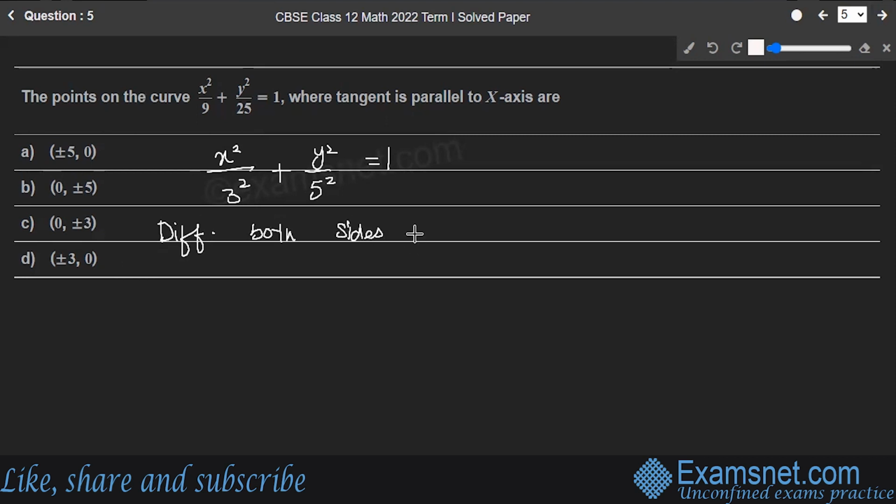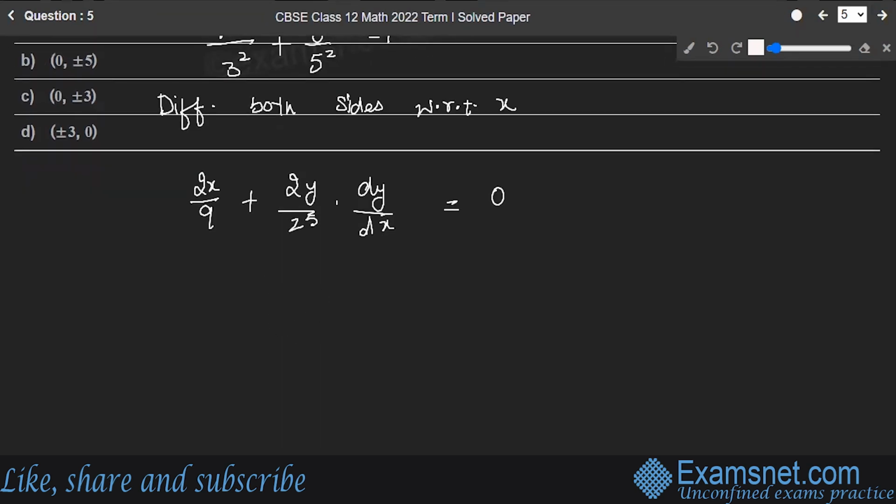Differentiating both sides with respect to x, what you get is 2x upon 9 plus 2y upon 25 into dy by dx is equal to 0, right? Or dy by dx will be equal to minus 2x